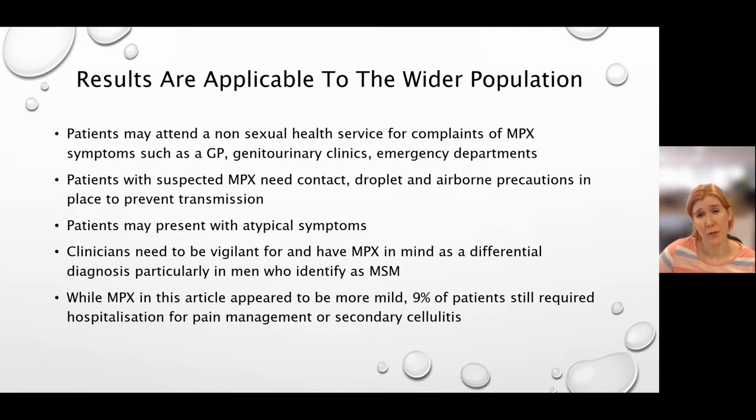These results are applicable to the wider population because monkeypox is increasing in the Australian population. And patients may not attend a sexual health service. They might go to a GP, a genitourinary clinic, or an emergency department. Patients with suspected monkeypox need contact, droplet, and airborne precautions to prevent transmission. So clinicians need to be aware, if they do have a patient with suspect monkeypox, to implement the correct transmission-based precautions. Patients may present with atypical symptoms, and clinicians need to be vigilant for and have monkeypox in mind as